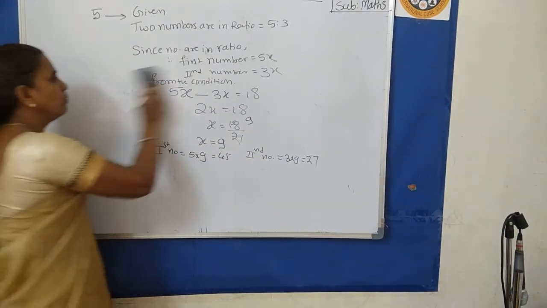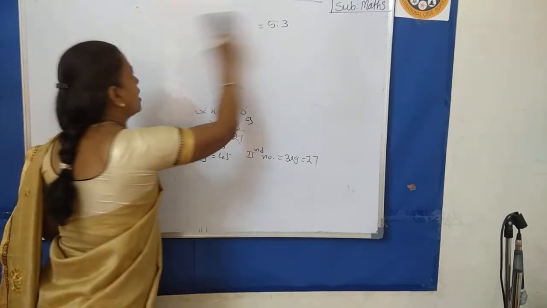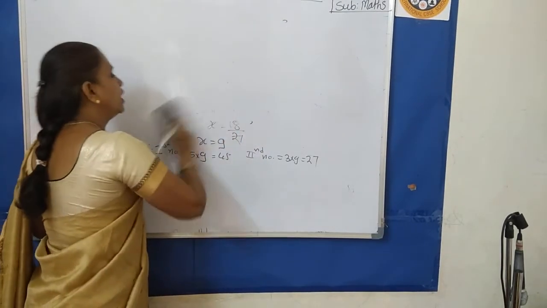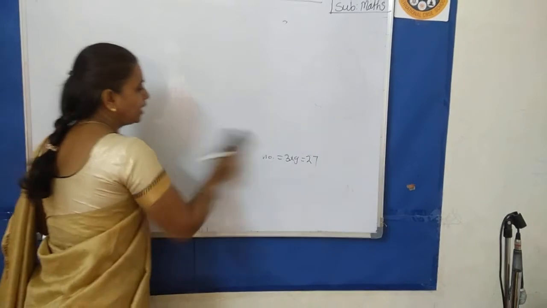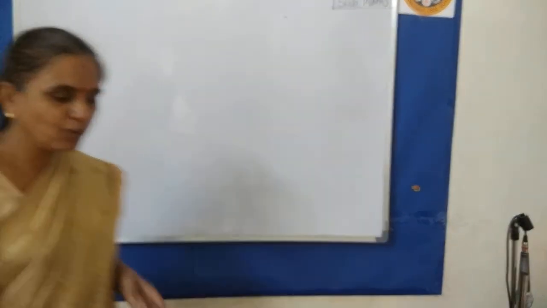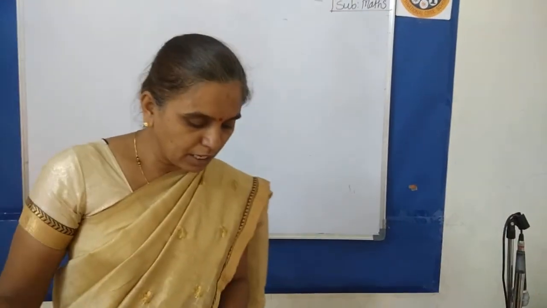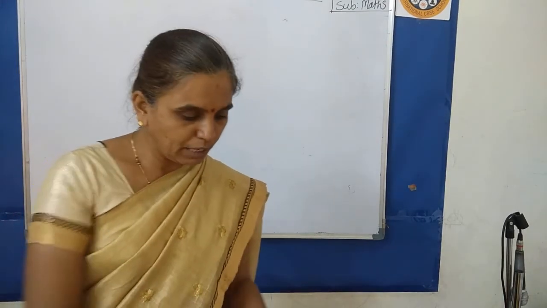Hence we completed 5 examples from exercise 2.2 and the remaining. You already get the PDFs of the solutions on the internet, but for your understanding I explain these examples. And the remaining examples you solve yourself. Okay, total 16 examples are there. If you are having any difficulty, ask me on my personal number.